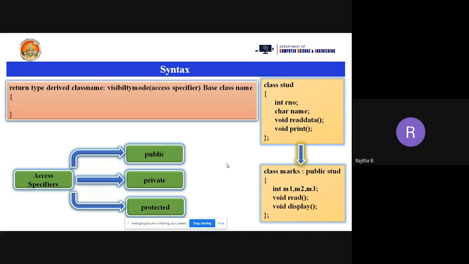If you declare roll number and name as private, you cannot inherit these properties into the other class. But if you declare them public or protected, you can inherit the properties of one class into the other class. Private means within the class only we can access; other class members cannot access. But with public and protected, other classes can also access that information. Again, we have a difference between public and protected, which we'll discuss later.